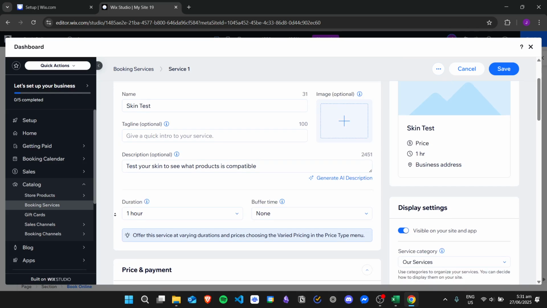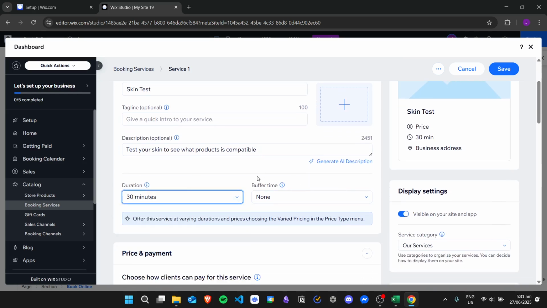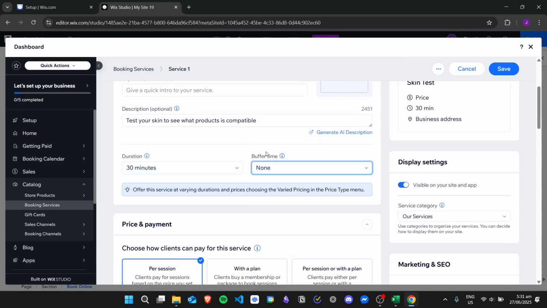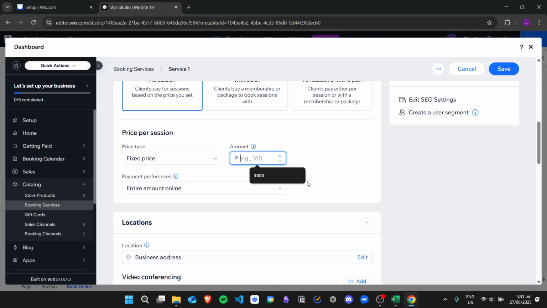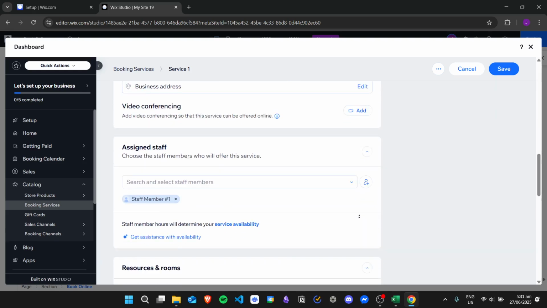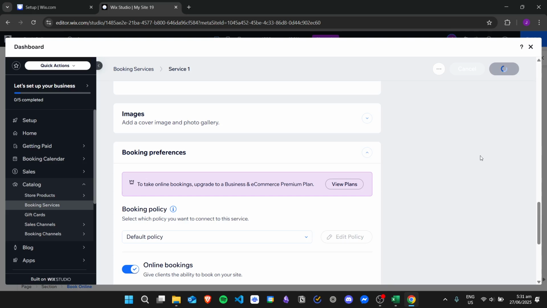And then for the duration, I can change this into 30 minutes and buffer time if you want to. And then you can input your price, for example, like you can put 100. And then once you're done, you can just click on save,